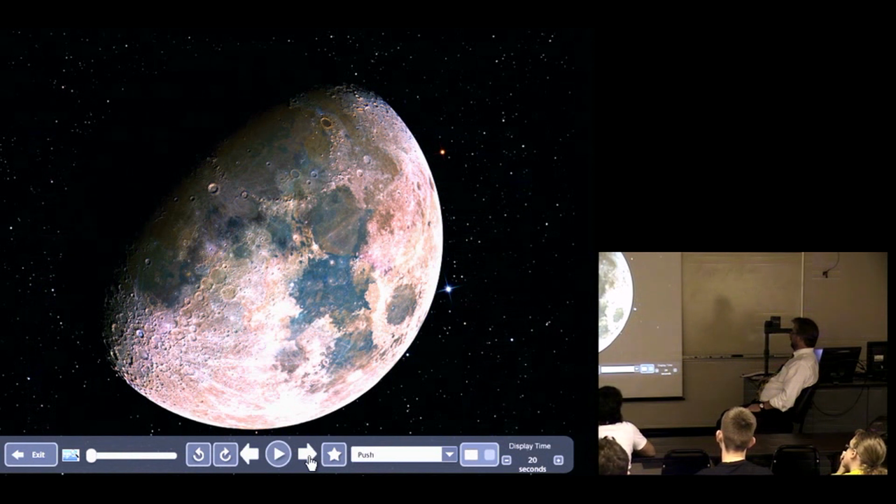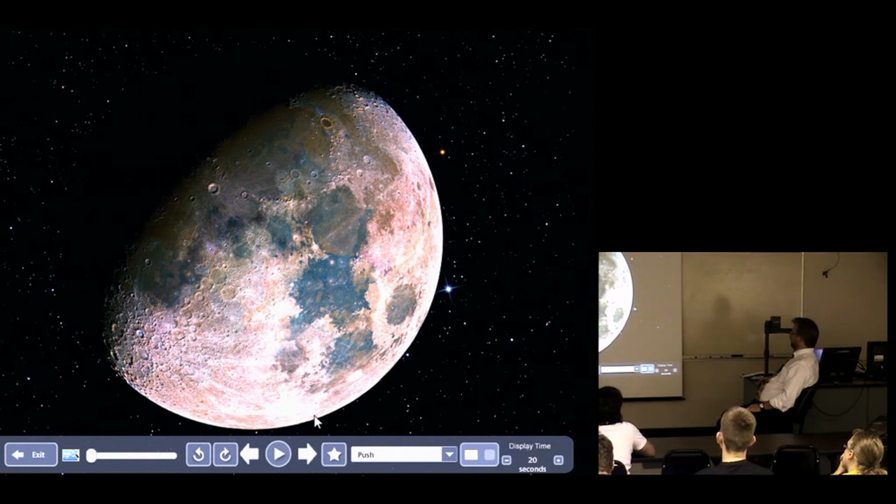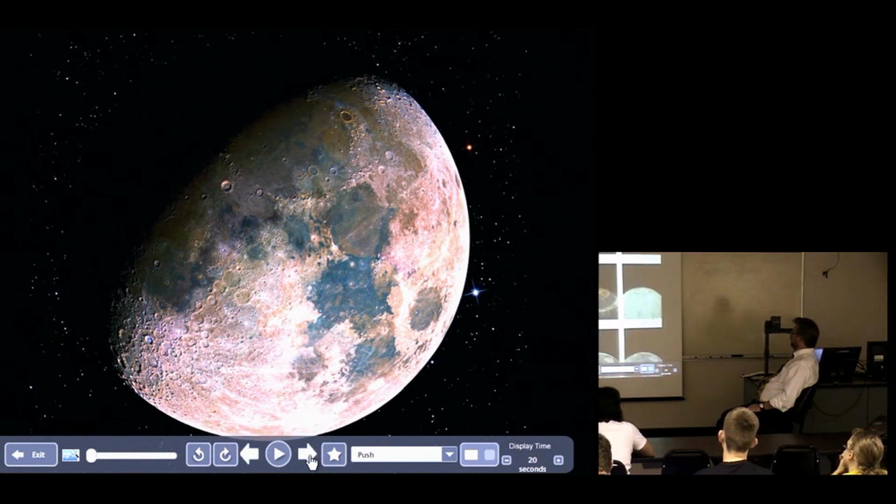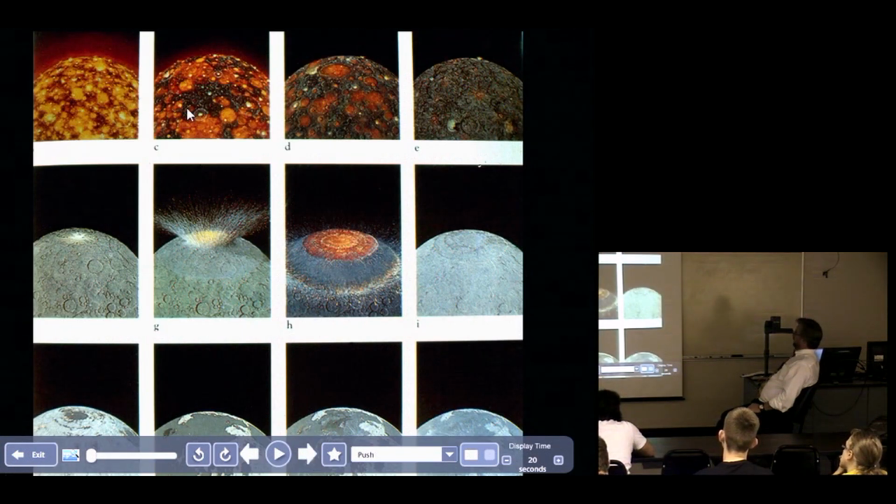So anyway, there's an image of the moon's surface. Terra, Maria. Here's that diagram of